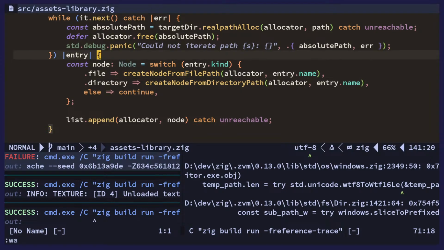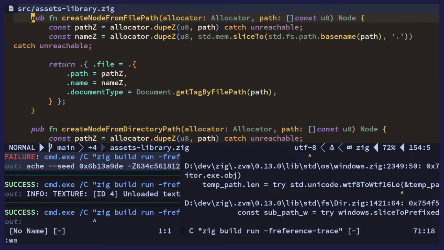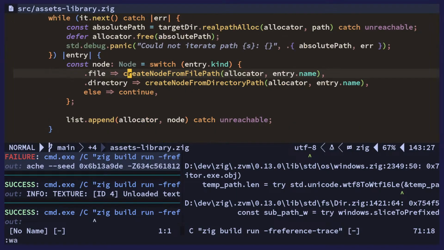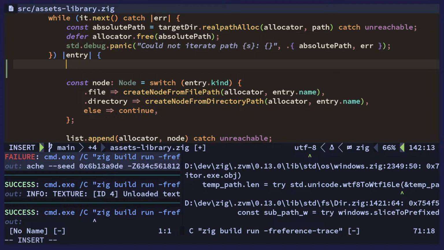Where do you wanna set the name? Relative to root. So we can do